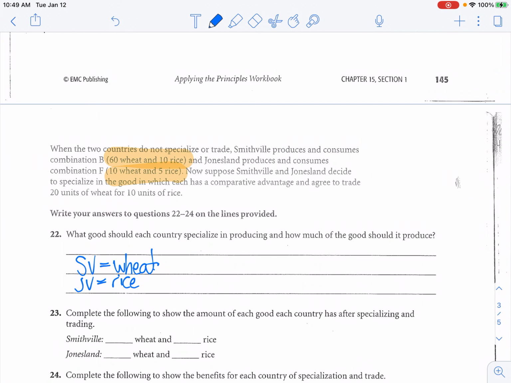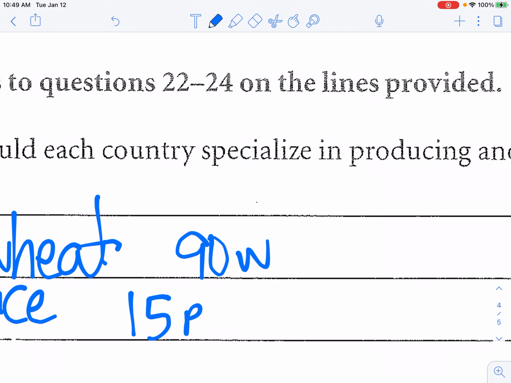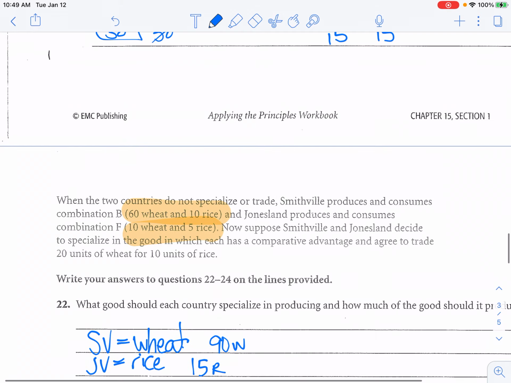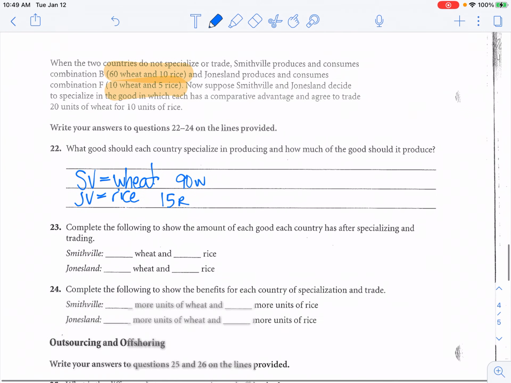And when they make it, let's see, Smithville uses all of it. That's 90 units of wheat. And we know Jonesland can make 15 units of rice. So let's go back to the chart. We look at when they are producing only one or the other, that's what they're making, right, when they specialize. So after specializing in trading,